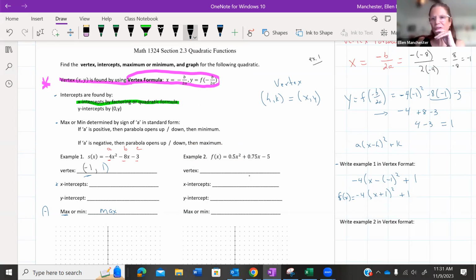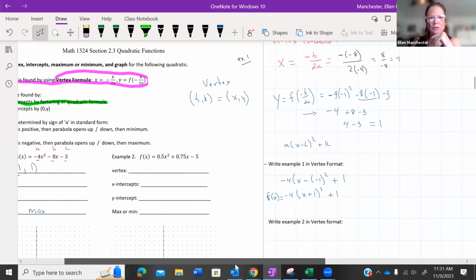It'll work every single time. It just takes a lot more calculations is all. Okay, so since 12, 62. Okay, so this one, I'm going to do it both ways, so you can see that you'll get the same answer both ways. So with example 1, if I'm doing my intercepts,